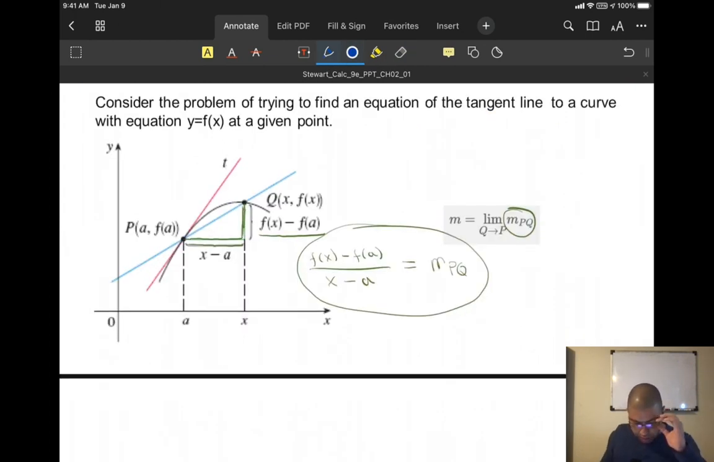But that's the idea. m_PQ is something that you know how to calculate, but you need two points for it, when in reality you only have one, so you make the second point as close to the first as you can, and that way your blue line, or your m_PQ, is as close to what you want as you need, right? So if it's not close enough, you just make Q closer to P, and that's the idea of limit. Okay,